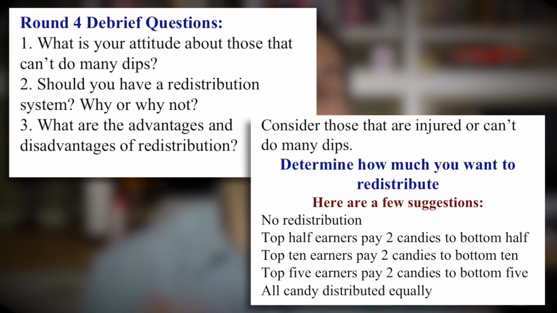But in round 4, you have a conversation about how to distribute your income. So we have this idea of income inequality. We have several people who are making more than others because they own the factories. And so is that wrong or is that right? And how we distribute income. So you can have that conversation.